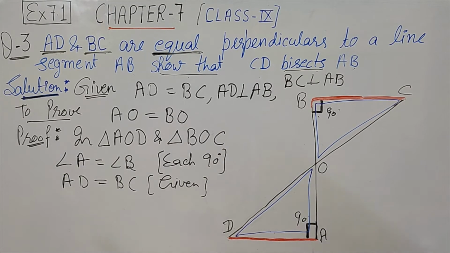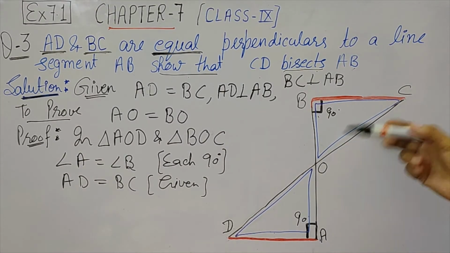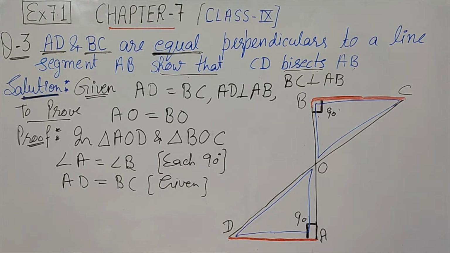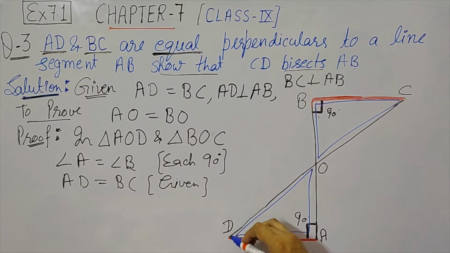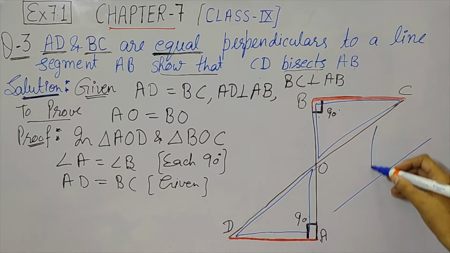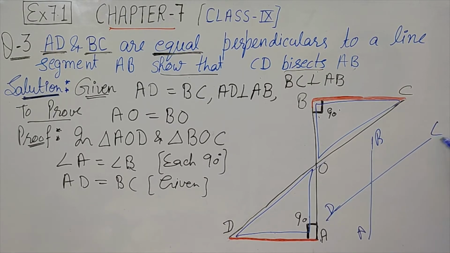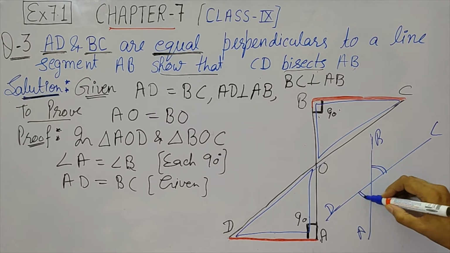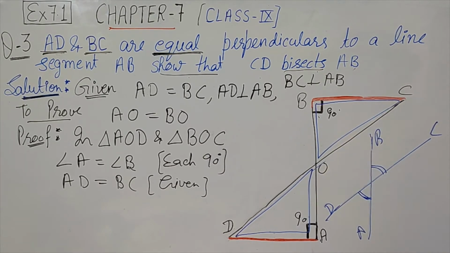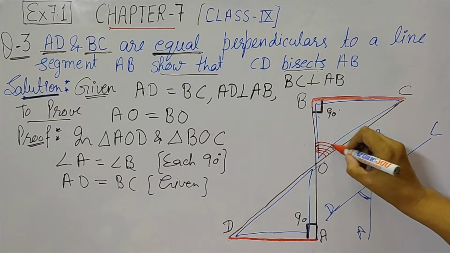Now, for the third thing, we have to recall our previous knowledge. What other thing can you find equal in these two triangles? So just think for a moment. Here this CD is a line segment. AB is also a line segment. It's like this, AB and CD. So these are two line segments. So clearly these two angles are forming here. These two angles at what position? What is the name of these two angles? These are clearly vertically opposite angles.